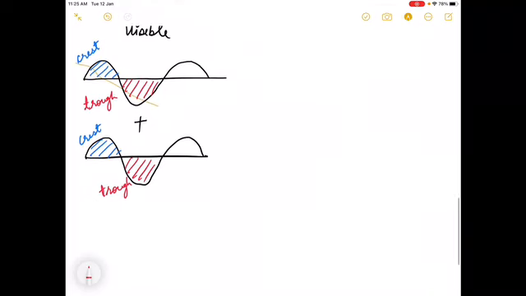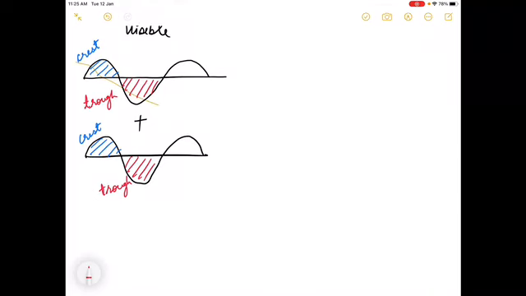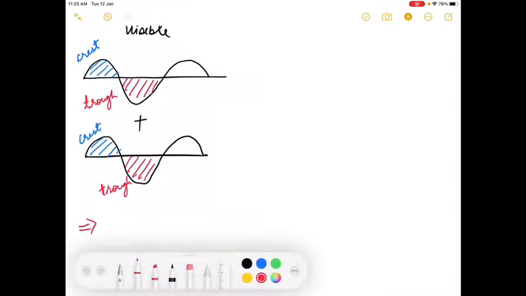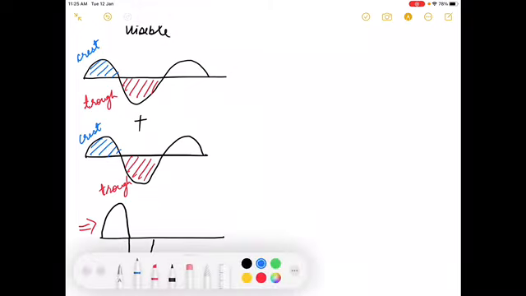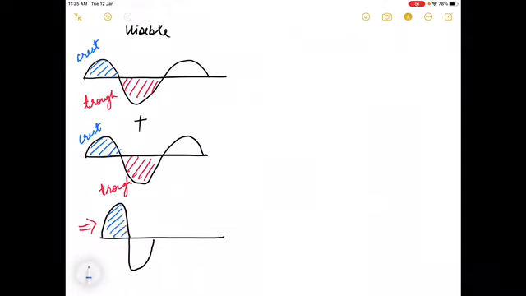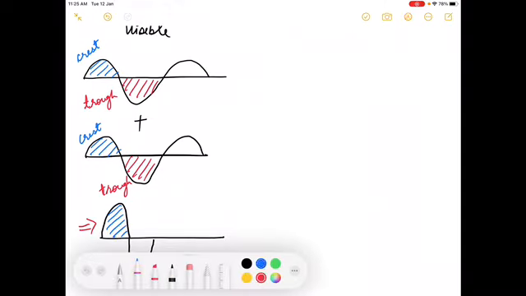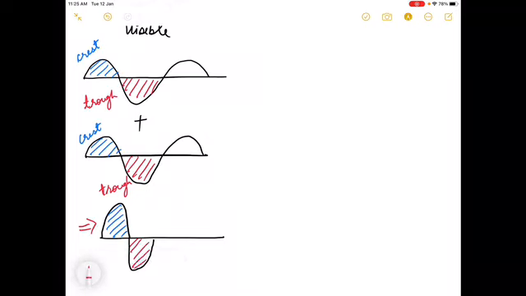Okay, now when these two waves are added, the resultant wave, you have to understand, the crest is being added with the crest, so basically you will get a higher crest. The trough is being added with the trough, you will get a higher trough, right? So in entirety you will say that the addition has benefited this wave. Because of the addition of these two waves, what happened? Now the amplitude has been increased, right?